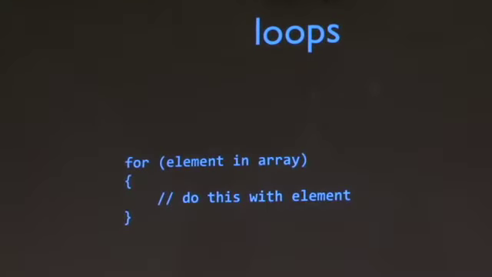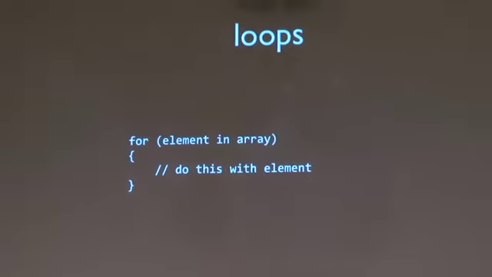In JavaScript, there's something similar. It's the for element in array syntax. So if you've got an array called array, and you want a temporary variable called element or foo or bar or whatever, you simply say for, and then in parentheses, local variable in array's name. And that will, on every iteration, just as in PHP's foreach construct, update the value of element to be the next thing in that array.